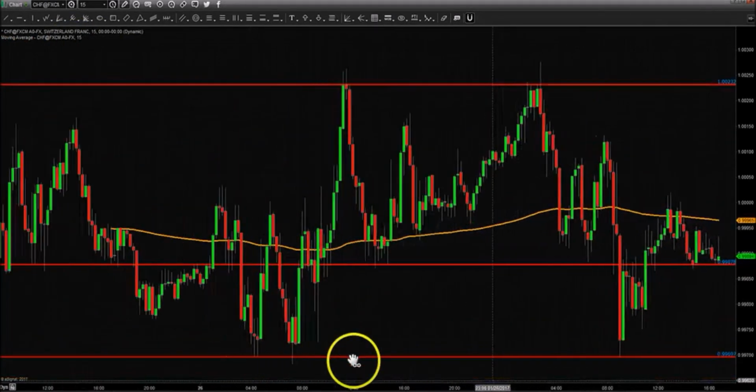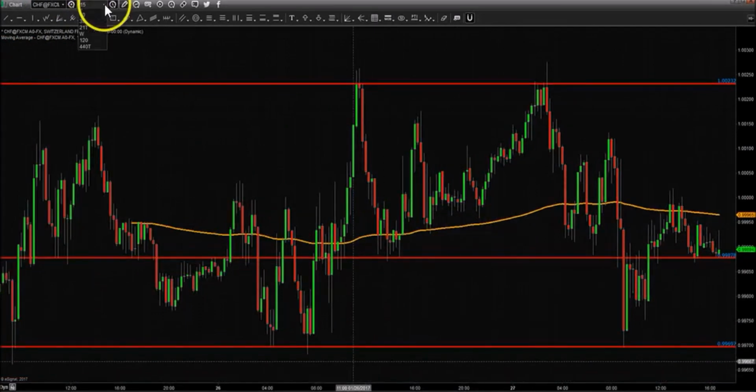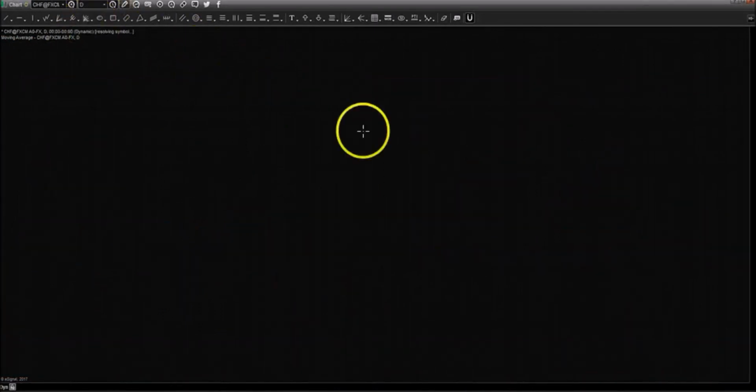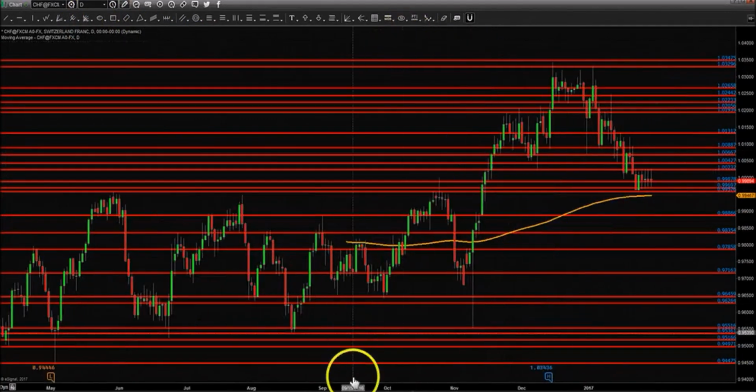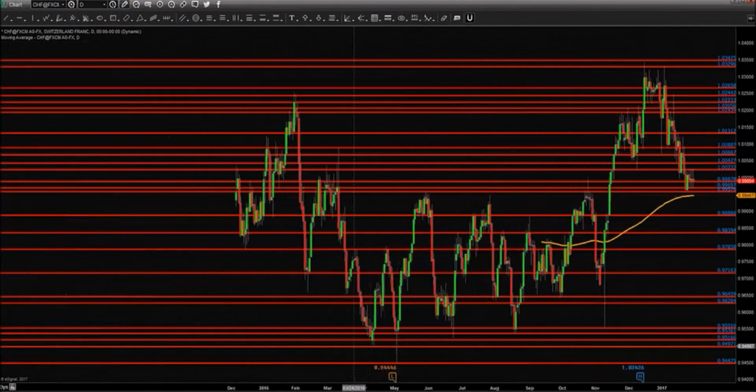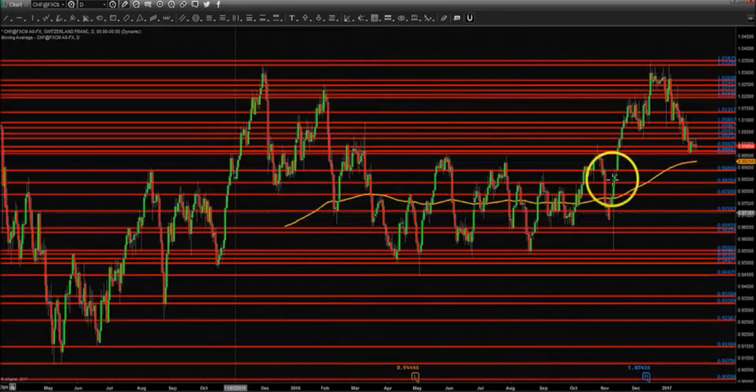I want to get to the calendar, but this is Swiss franc, and basically it's going to be the opposite. Usually it's like the inverse of what's going on with the euro, right? And then this is a daily chart, and we can see just a lot of sideways chop. But